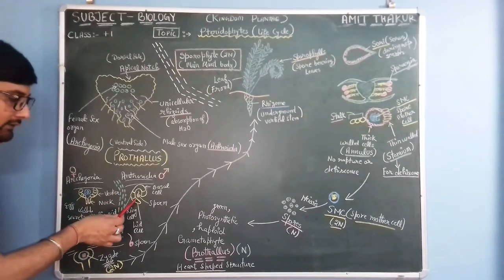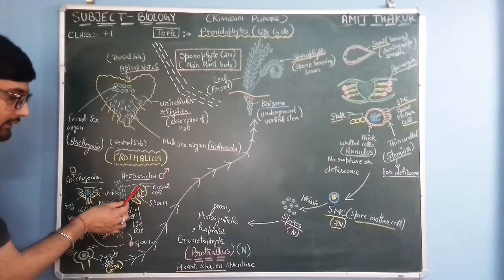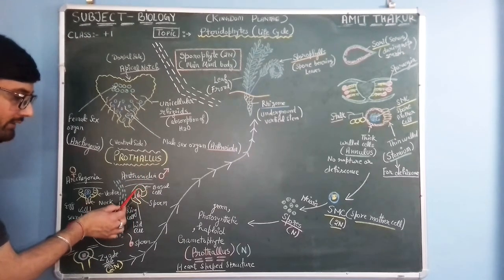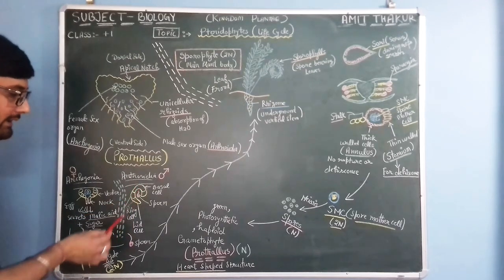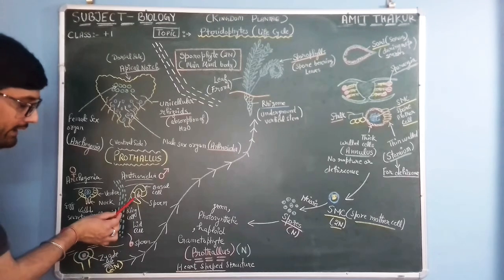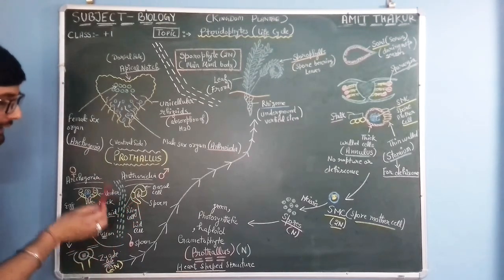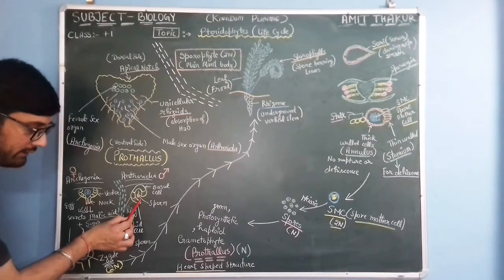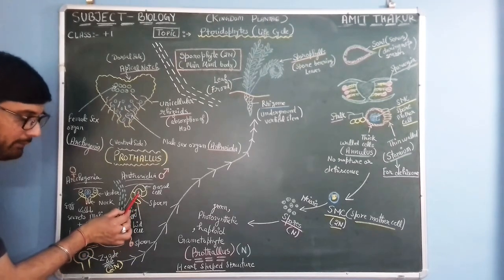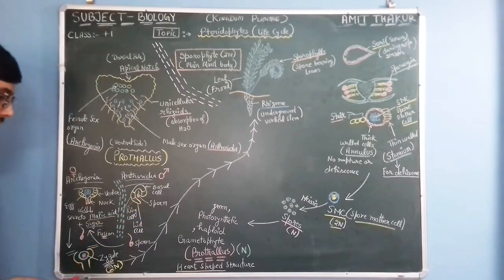On the other hand, this male sex organ is the antheridia. Here you can see this long oval cell is known as the basal cell. These two cells are known as ring cells, and this pointed cell is known as the lid cell. And there is a gap from where the sperm, or male gamete, is released.